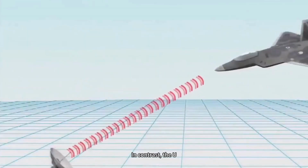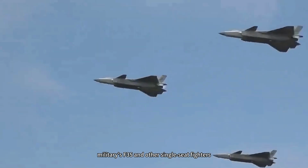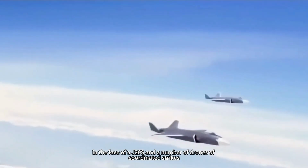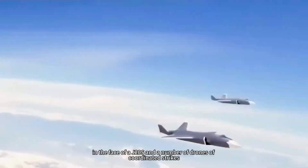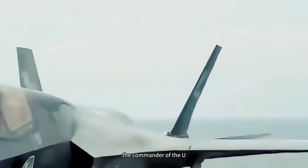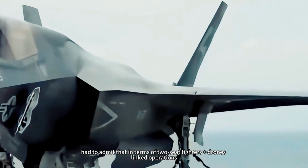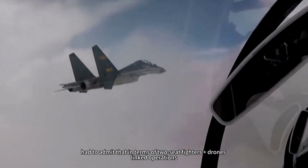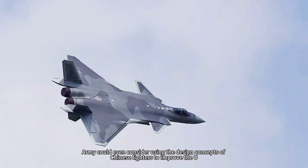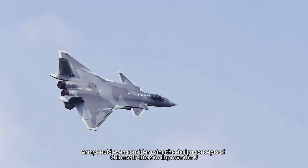In contrast, the U.S. military's F-35 and other single-seat fighters, in the face of a J-20S and a number of drones in coordinated strikes, are clearly the losing side. Even Major Campbell, the commander of the U.S. Army's fighter force, had to admit that in terms of two-seat fighters plus drone-linked operations, the U.S. Army could even consider using the design concept of Chinese fighters